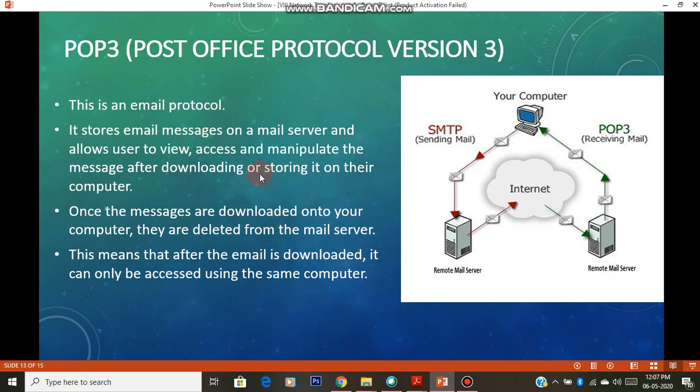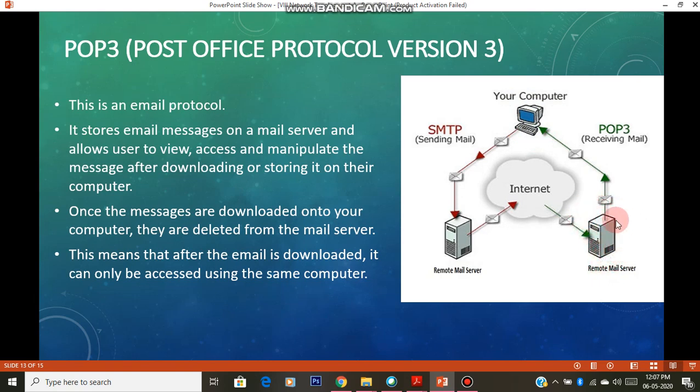This protocol only allows access on the one computer where it is downloaded. Only on that computer can you see the mail again and again, because it will be deleted from the server.